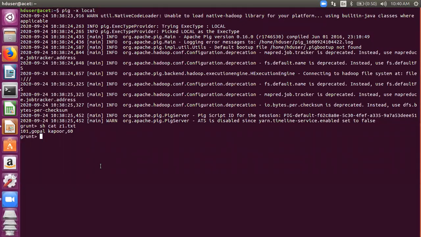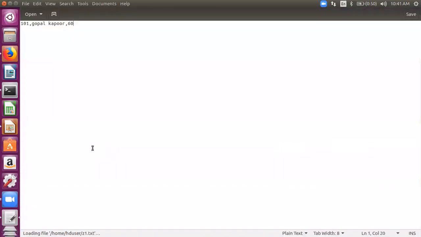So I'll go from scratch with you. Please note what I'm discussing with you. Very important. That's why I'm repeating it. I'm going to create a file here. I'll use the gedit command, and let me create a file z1.txt. It's already created. It will open that file, right? It has opened this file.